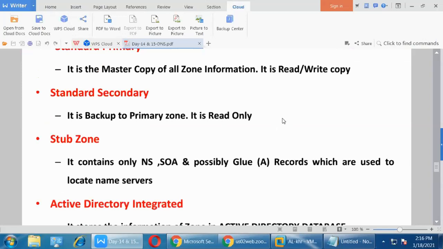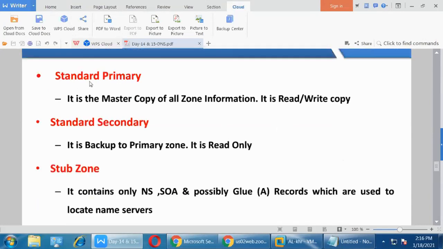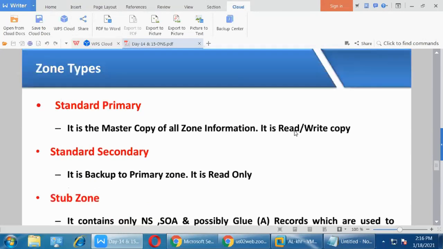Stub zone has two records. So what is a record? Every zone, primary zone and secondary zone, has records, and those records are of four types.